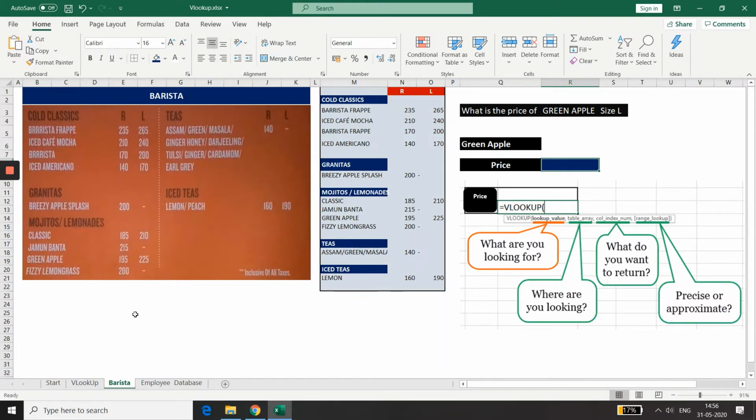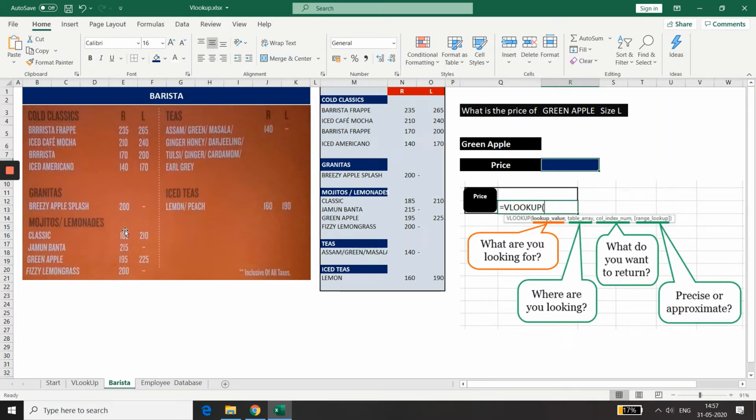When you look at this menu, you are actually scanning down the left column looking for what you want at Barista. Once you finalize something in the leftmost column, you then look for a price for a regular or a large quantity, generally going towards the right.